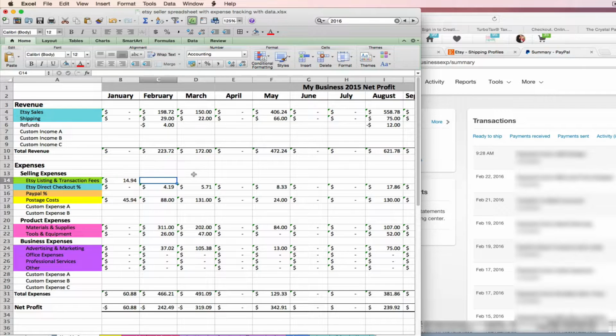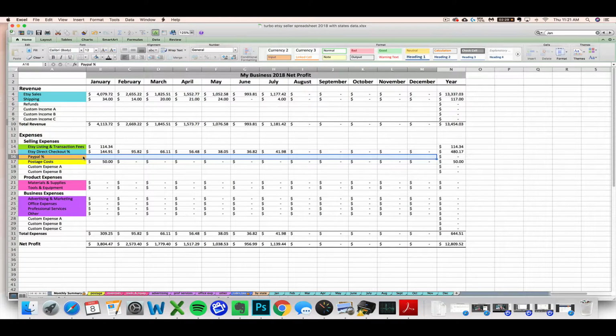Okay, so we've covered Etsy listings and transaction fees. We've already imported our Etsy Direct Checkout percentage. Now let's talk about your PayPal fees. Most of us are on the latest Etsy payments system where customers can check out with credit card or PayPal